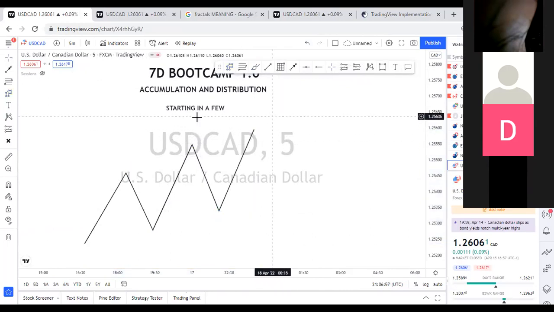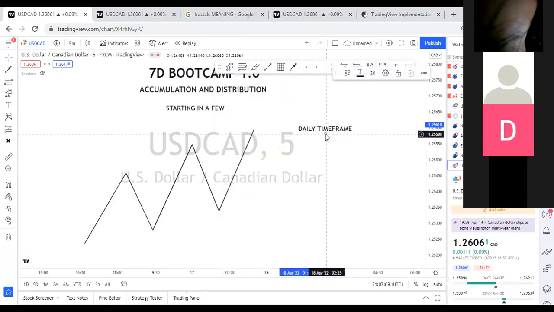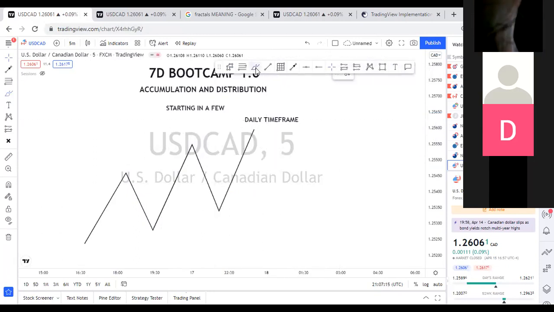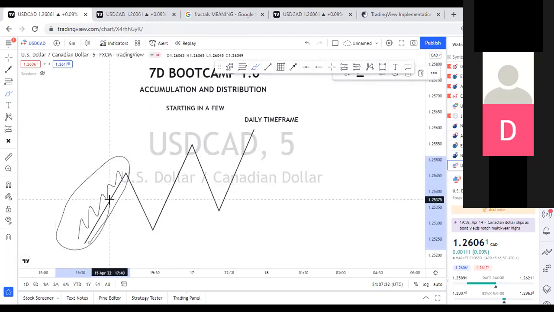So let's say this is our daily time frame. All right. Now, since price is fractal, we'll have structure on the lower time frame. On the lower time frame, it is important that we also have higher high, higher low, higher high, higher low, higher high, higher low, higher high, higher low, higher high, higher low in this whole expansion up. All right.